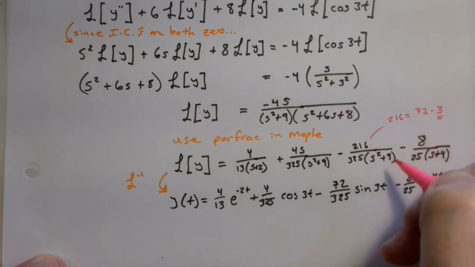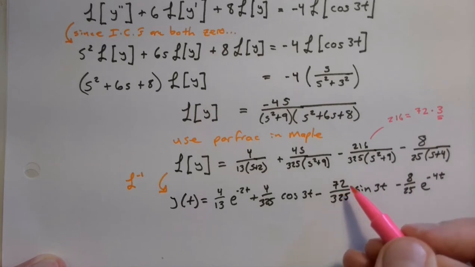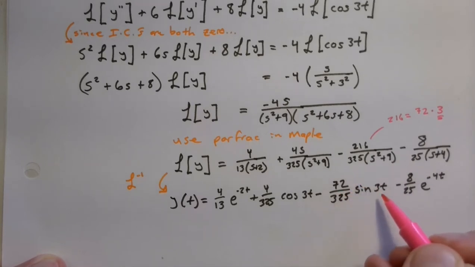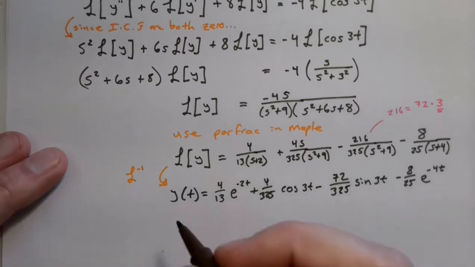And so that 3 I needed sitting up top here. And so that's 72 times 3 over, and then that's where the 3 cancels with the sine of the 3t. That's where it comes from. So after a little bit of effort, you can find out that a little bit of maneuvering this thing around,